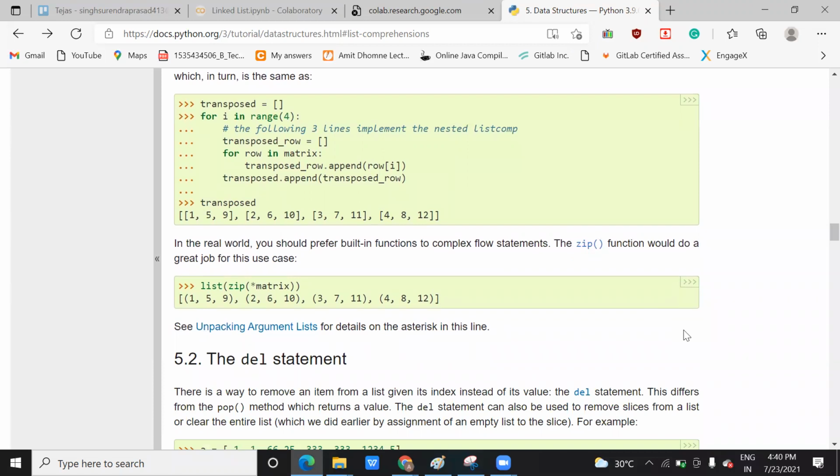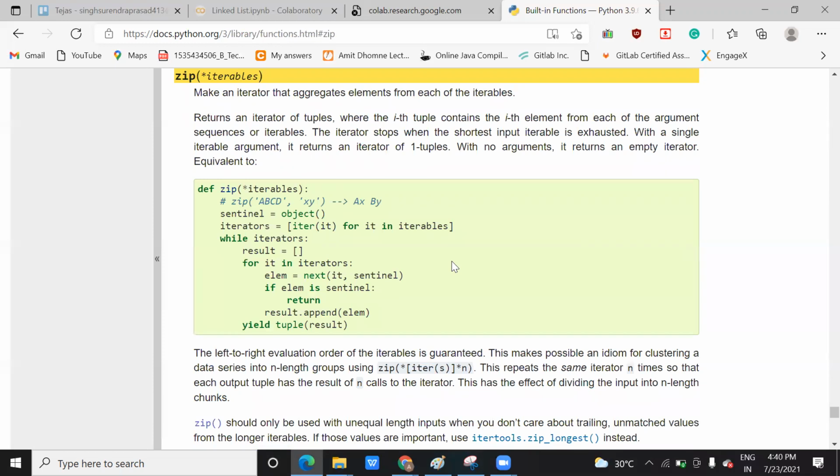In the parameter, it's written asterisk and then matrix. Why is it written like that? Yes, this asterisk on matrix. Okay, let me show you the function. Because you never know how many times this parameter will come. It's like if you remember, you are getting a keyword argument, a lot of data also you can get. Because this iterable, you can't assure how many iterations you have, one, two, three, four. So based on that, we are doing this star.